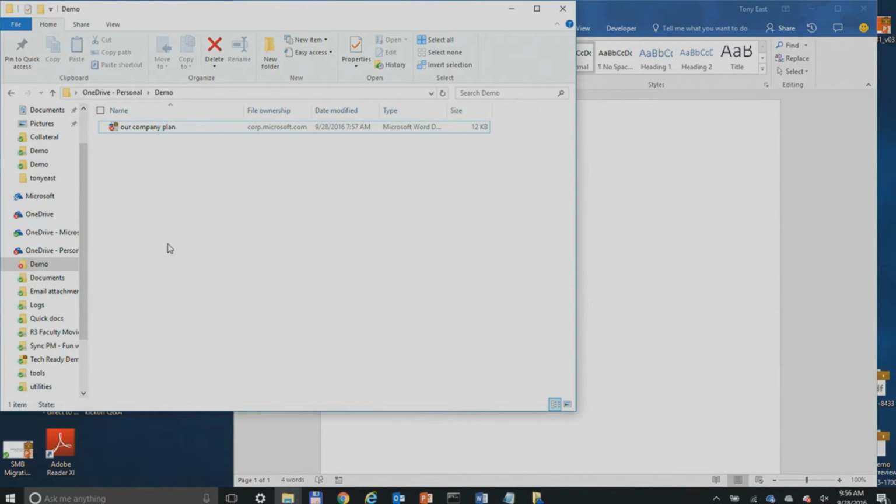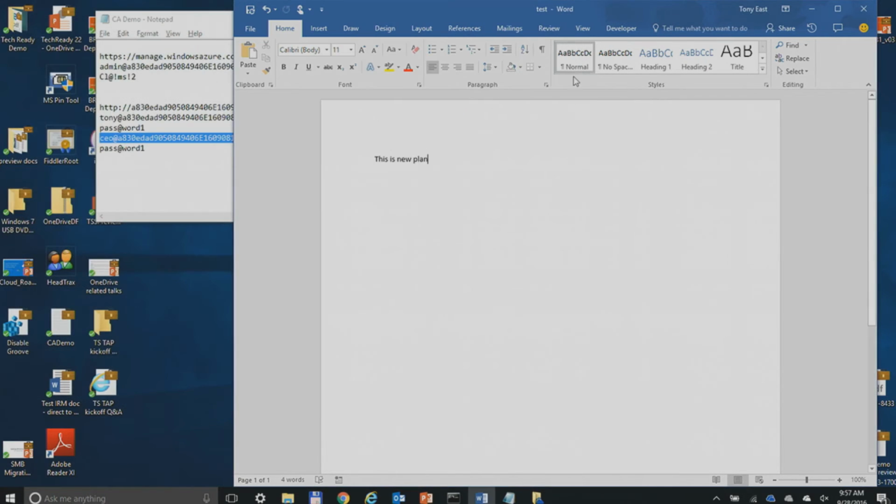The file's not leaving my machine ever, right? If I try to copy it to a USB stick, there's just no way for that file to get out. So the only way for me to get back into a good state with sync is just to move it back or delete it. And then OneDrive gets happy again, and away we go. So that's conditional access and WIP.